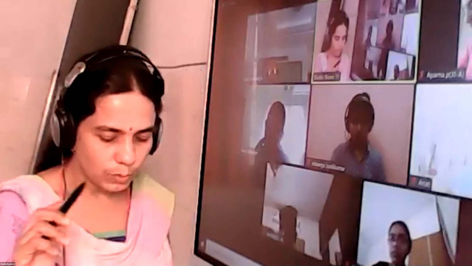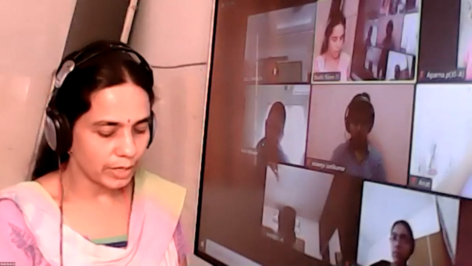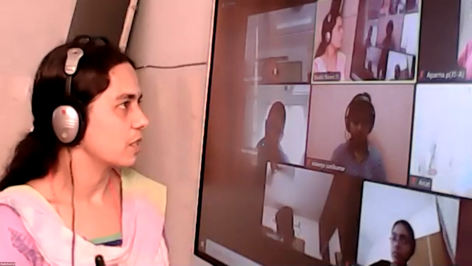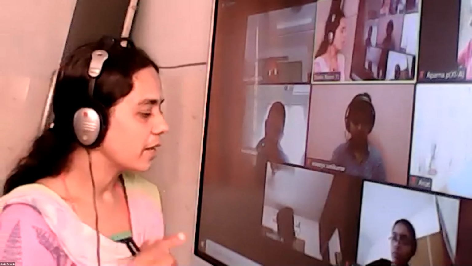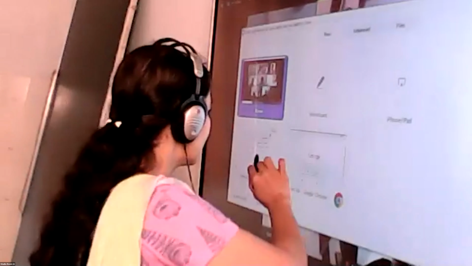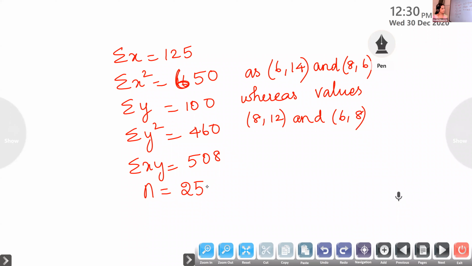Okay, so look there. A student, while calculating the correlation coefficient, is doing it for 25 pairs of observation. So from that data, we can say what is the value of n? n is 25. Okay, so these are the wrong data. So these data we have to subtract. Look at the first data, 6,14. So 6 is the x value, 14 is the y value.